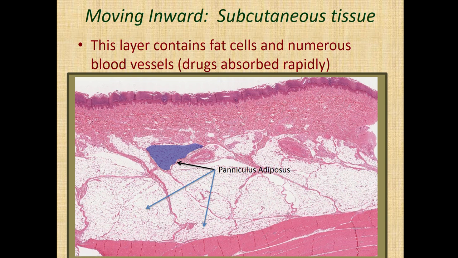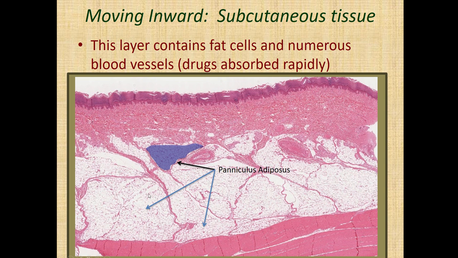And these fibers are the ones that are going to become more oriented and more continuous in certain parts of the body to cause these fascial sheaths with special names. Right here in this particular section, they're not really oriented as one thick layer, and so it's probably not the region of the abdomen. And you can also see in the hypodermis that there are some big blood vessels in this region,